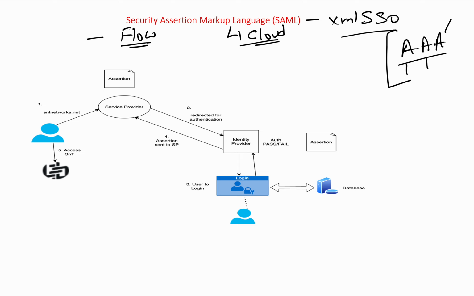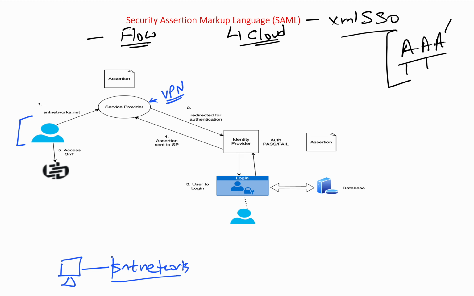Now let's talk about our flow. How does the SAML flow work? So if you're a user, you're right here. You try to log in to any service provider. What is a service provider? For example, it could be my network, or my VPN device, whatever. Just for simplification, you try to log in to VPN, right? You have a laptop, you connect to your VPN, and after connecting, you try to connect directly to